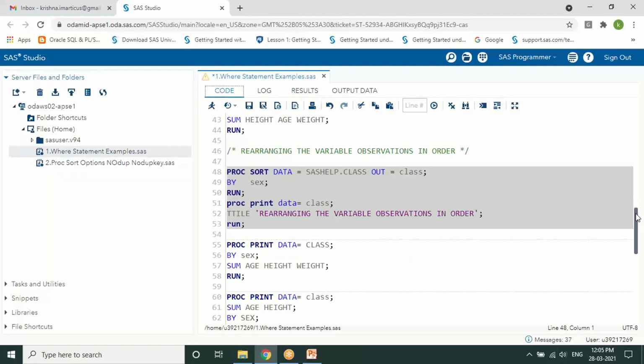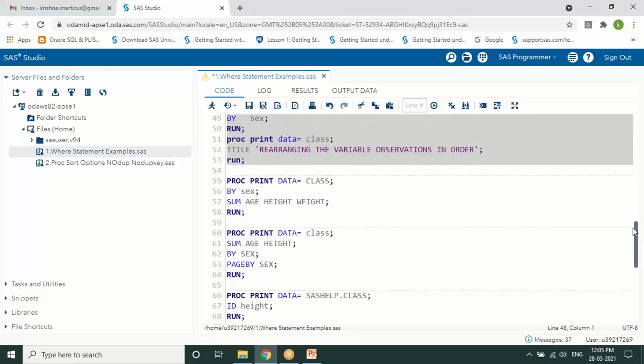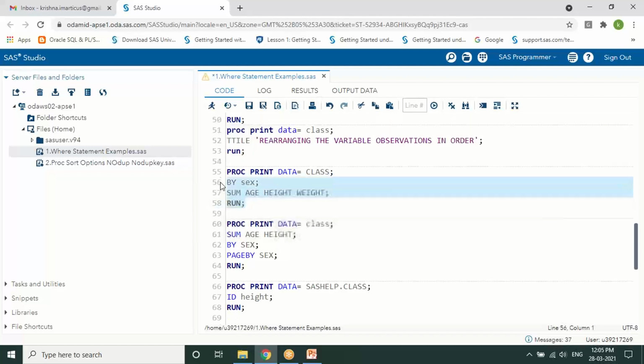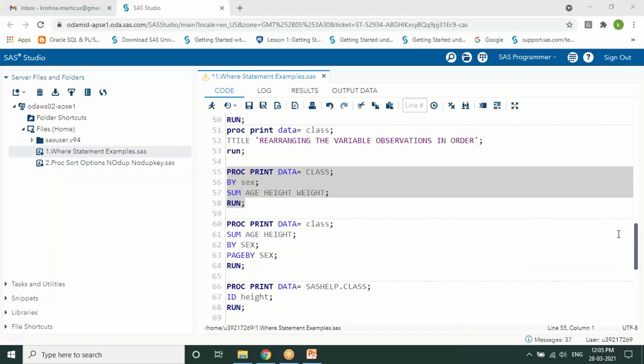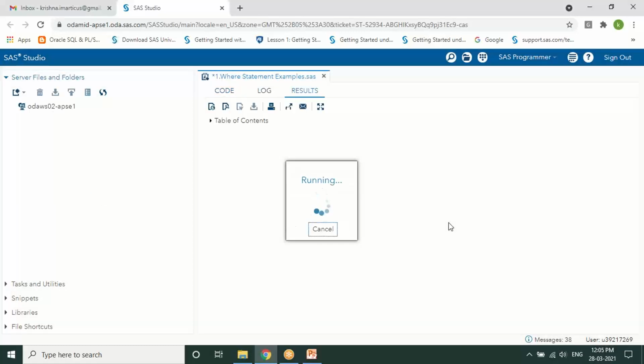Right. So the next thing is, as this got into the particular order of the data, arranging in ascending order, now we are making a combination of the statements by and sum. Sum and by statements can be used for displaying the value with some kind of grouping. As we have already got the aggregation with the sum statement, when you make a combination of sum and by, we get the grouping of the data.